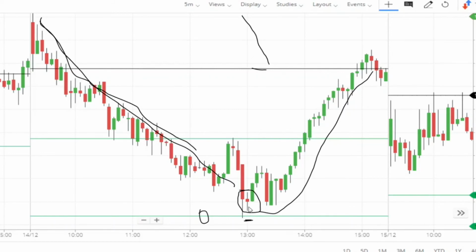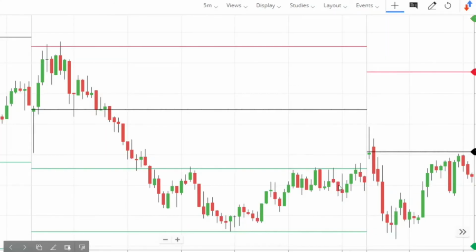You can see here you entered somewhere here and your stop loss was this much and your take profit would be this much or this much. See how big the risk reward ratio was and how much profit you would have made with this trade. So always look at the position, look at the location, and keep your stop loss correctly and enter at the proper location. Let's see another example.